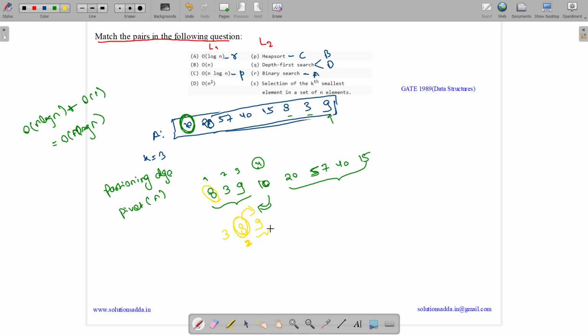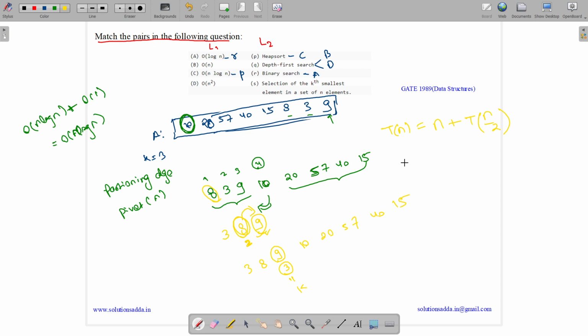Now we will make 9 the pivot. 9 will come at its exact position, all the items less than 9 on the left, greater than 9 on the right: 40, 15. It's at position 3, which matches k, which means we have found the kth smallest element. So what will its complexity be? We are performing the partitioning of n, and each time we are checking n by 2.